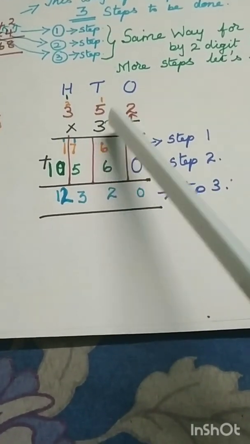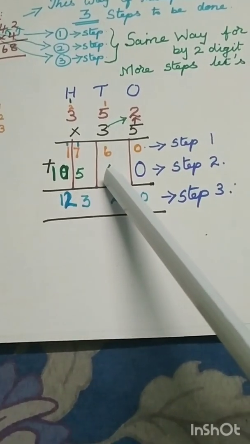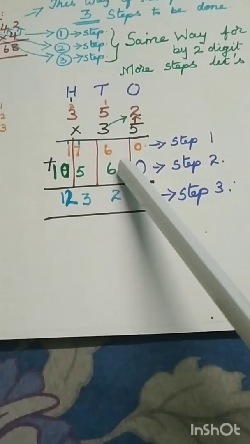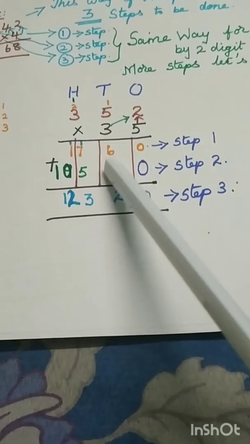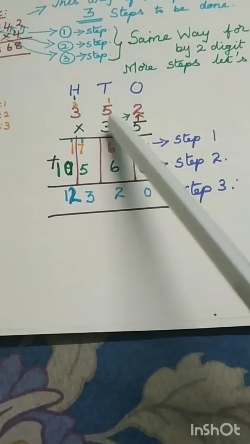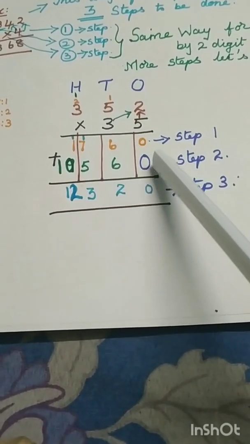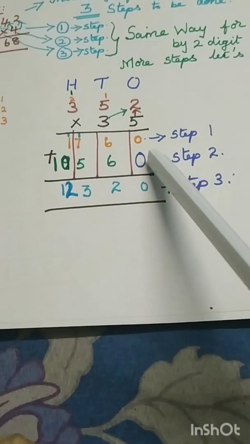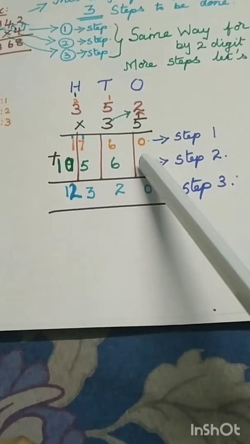Now I continue here. Next, 3 2s are 6. Anything to carry? No, only 1 digit is there. So put the 1 digit straight down, straight down here only you should put. Here it is 3 2s are 6. Now I am multiplying the 2 only, so I should put it here. No, you should not put the 6 here, put it at the next place. This is over. Finished. That is the fourth step over, children.